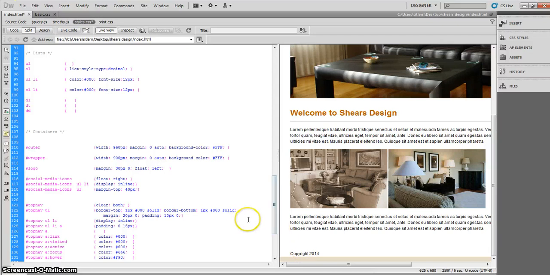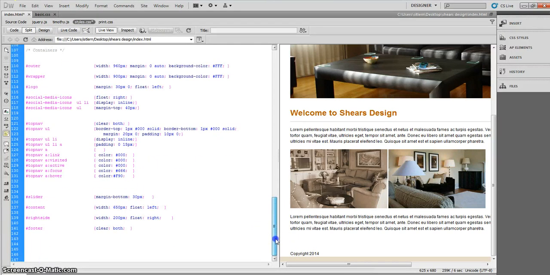Where we left off last time in the footer div, I'm going to have to scroll down just a little bit as we cleared both. But you know what? I want to put some margin on the top of the footer, and that margin, I want it to be, don't need 2 colons in there, 20 pixels. And then I also want to put a border